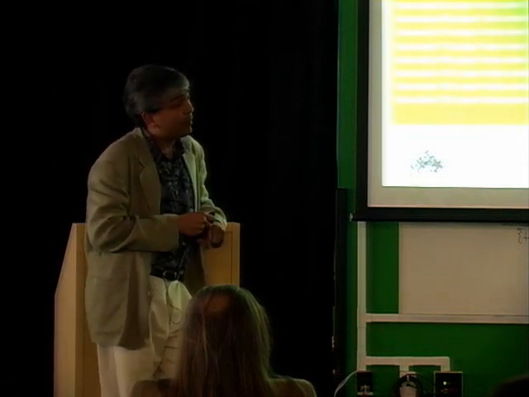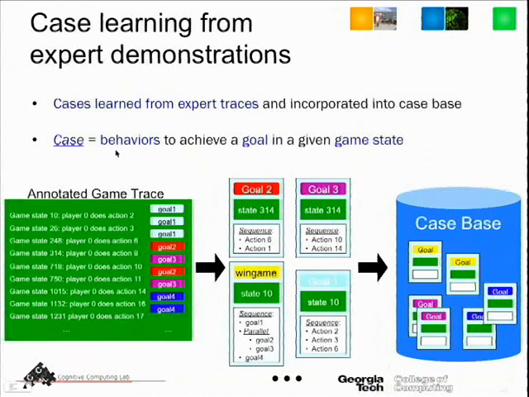Okay. Another project we're working on is sort of learning these case libraries. If you're going to watch an expert play, either because he or she is demonstrating it to you or because you're just playing somebody who's better than you are, what the system does here is sort of looks at the trace of the game as it progresses, and from that tries to capture little snippets that can be stored away as cases. The system doesn't actually know if the cases will always apply. The details might be different, but it's a starting point.